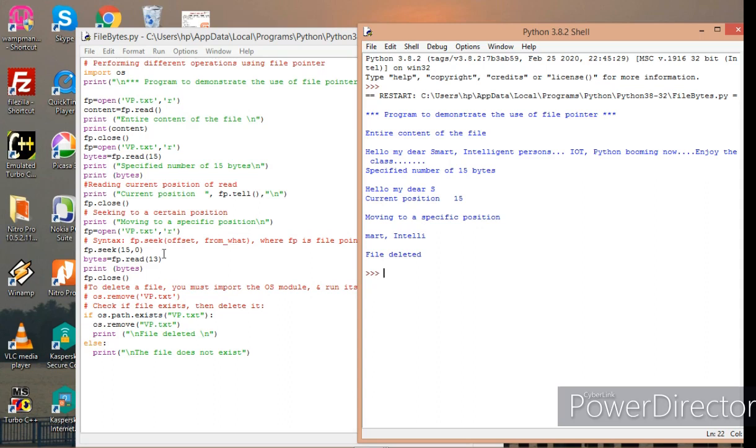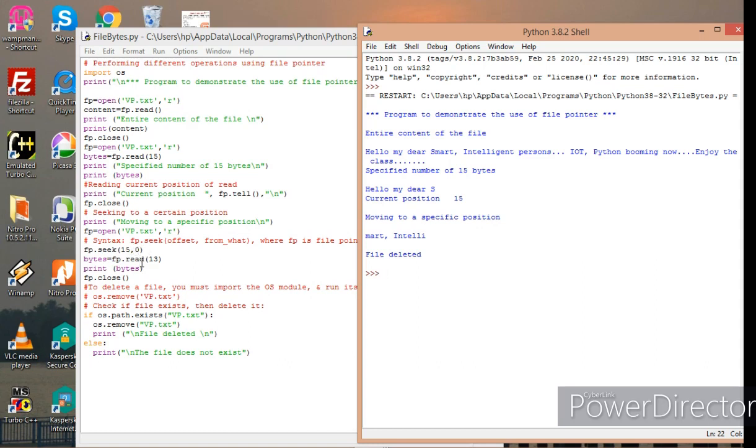Okay, so here we want to move the file pointer right from the beginning of the file for 15 positions, that is 15 bytes. Now I have moved the file pointer, and then I want to read 13 bytes from that particular position onwards. So again, fp.seek(15,0), the file pointer is moved.